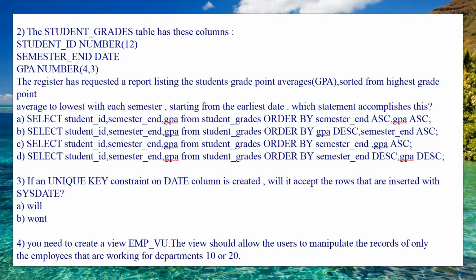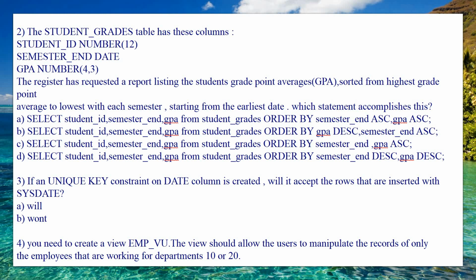So next is the second question. There is a query. A student_grades table has three different columns: student_ID NUMBER(12), semester_end_date, and GPA NUMBER(4,3). Here the registrar has requested a report listing the students' grade point averages, which should be sorted from the highest grade point to the lowest, with each semester, starting from the earliest date, and